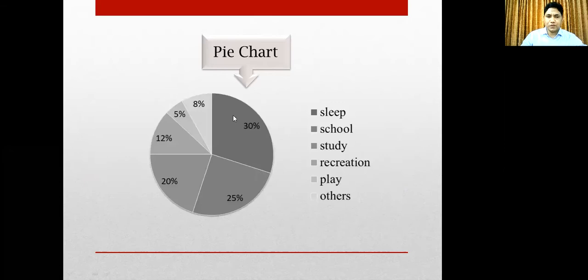Have a look at this screen. You see, this is the graphical display of a pie chart. This is the diagram of a pie chart. You see, this is a circle, and the circle is divided into different sections, different parts. Have a look. There are 6 sections: section 1, section 2, section 3, section 4, section 5, section 6. And each section, each part represents a part of the whole circle. Okay, each section represents a proportion of the whole circle. So this is the graphical display of a pie chart.